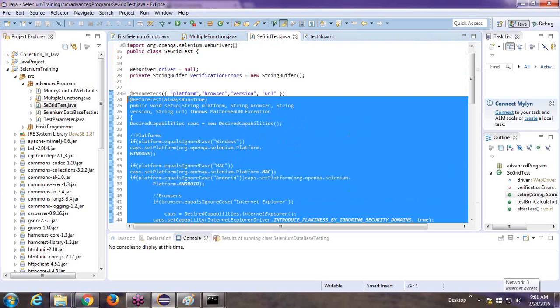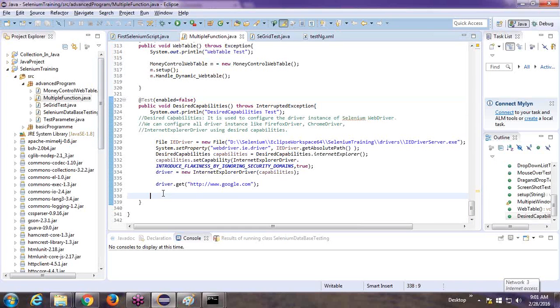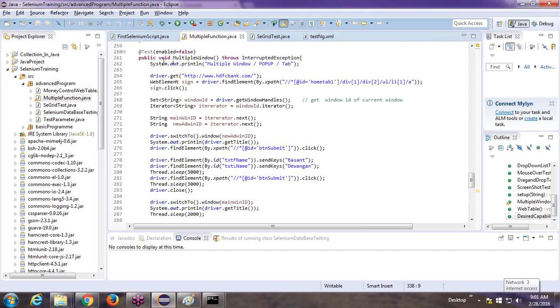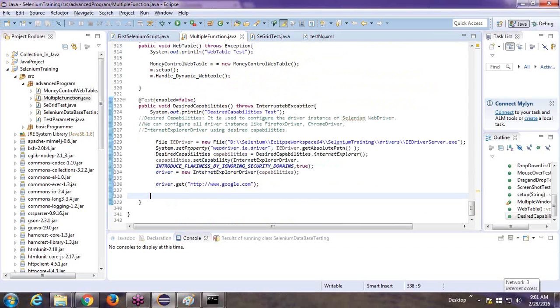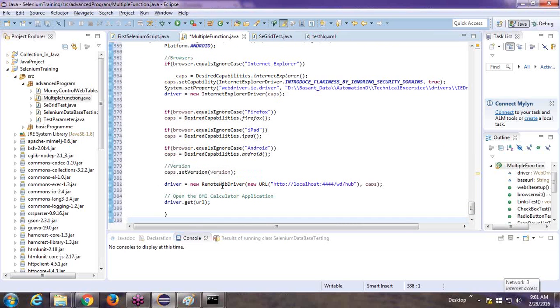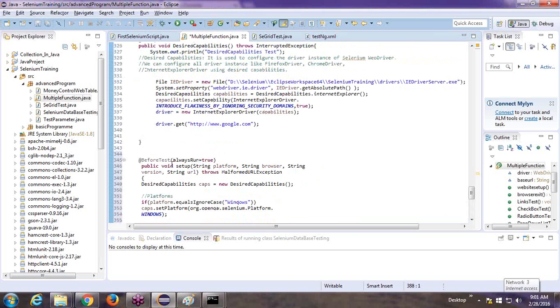Whatever method we are writing here, at the @Test, at the @BeforeTest here inside this, I can use inside this multiple function. Inside the multiple function I have to create one other test, before test. Okay, so one thing I have created earlier, this was our @Test. I have to create one second. Inside this multiple function again I have to create this. This is our remote control. This before test always runs, and